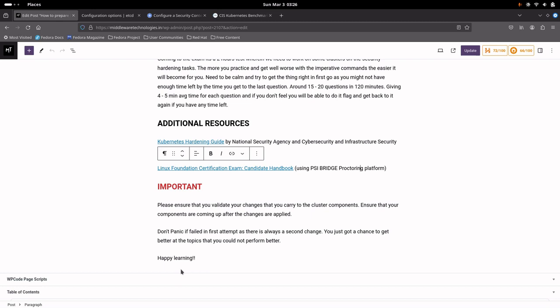So if you're giving each question 5 minutes, that will approximately cover the whole 1 to 2 minutes for your exam. So there won't be much time left for you unless you are fast enough to do your activities or questions, and you have a very good grasp on the Kubernetes components, like Kubernetes imperative commands, as I say. Okay, so this is all I wanted to share with you about the Certified Kubernetes Security Specialist examination,